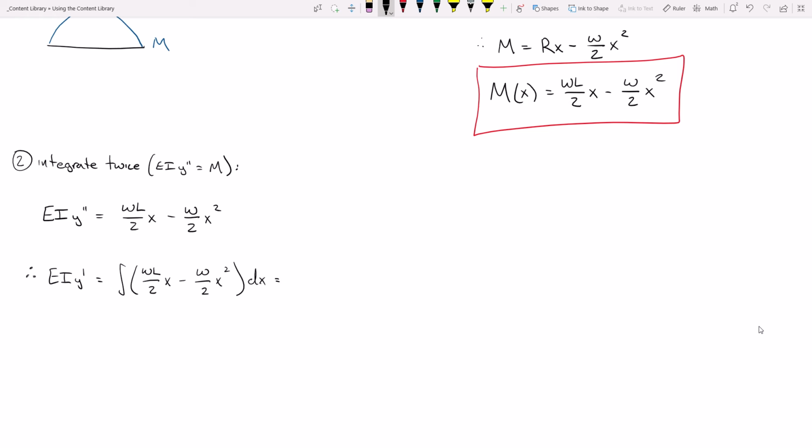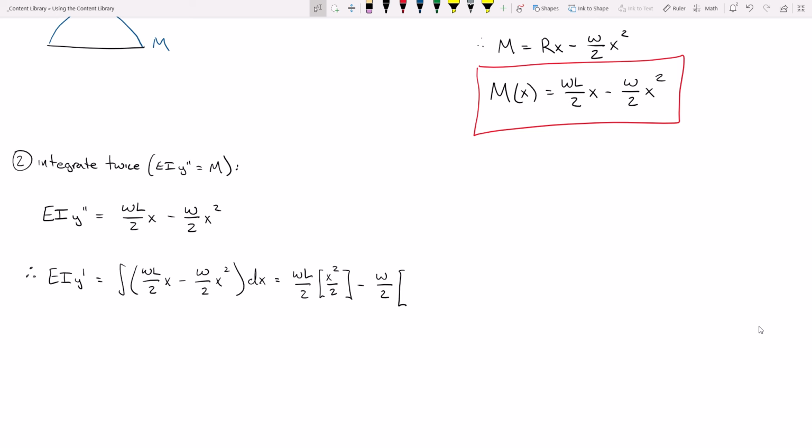The variable is X. Everything else is a constant. If I integrate X, what do I get? X squared over 2. So I have WL over 2 times X squared over 2 minus W over 2 times